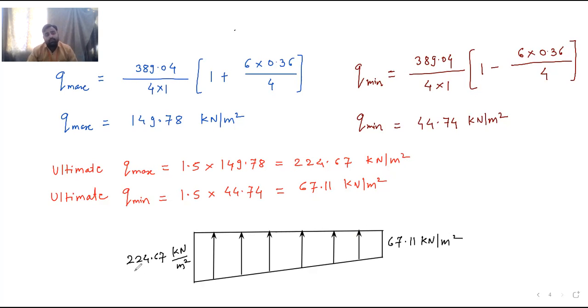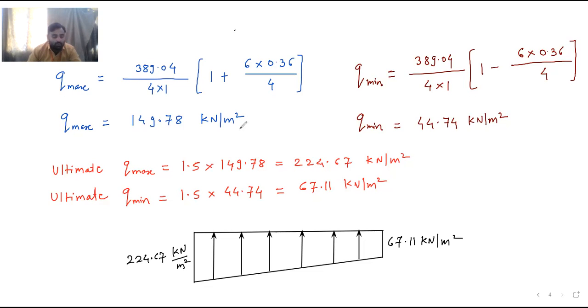Okay, so for the retaining wall, you always remember that soil pressure is acting from below as well as from the side, where the backfilling is there. From there also it is acting. Also, the weight of soil is acting vertically downward. That also we consider. So weight of soil is acting downward, and then soil pressure is also acting laterally, and then from the ground also it is acting.